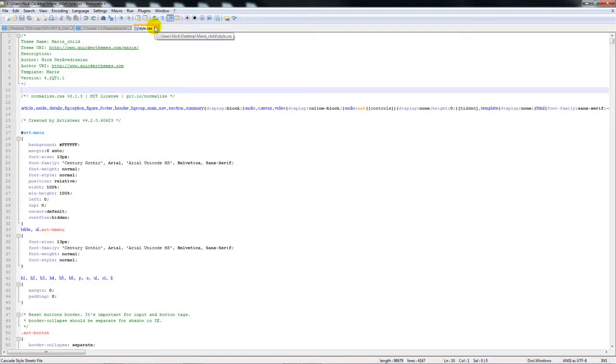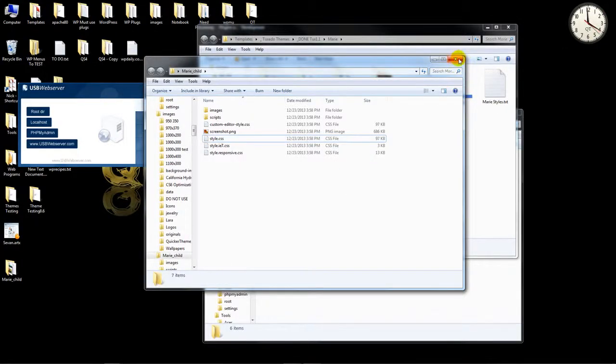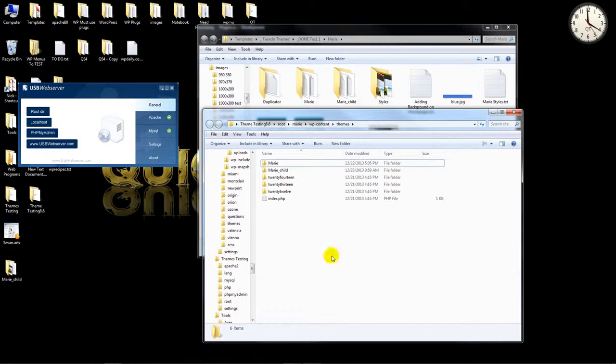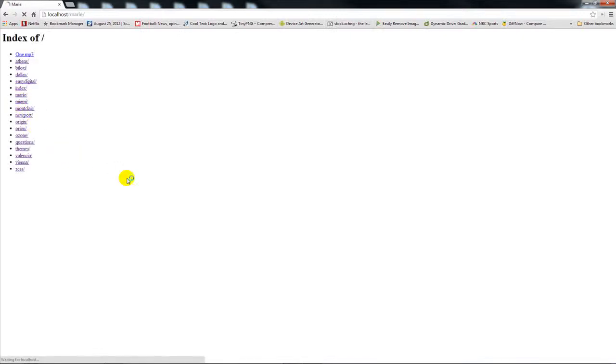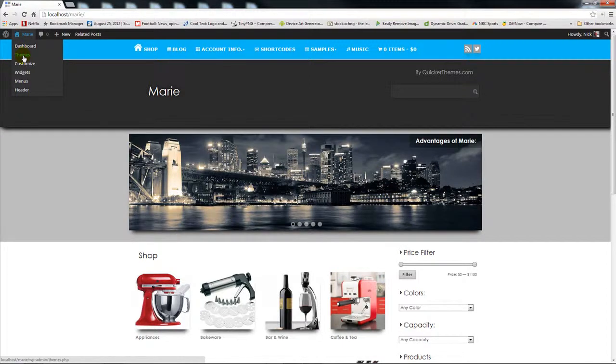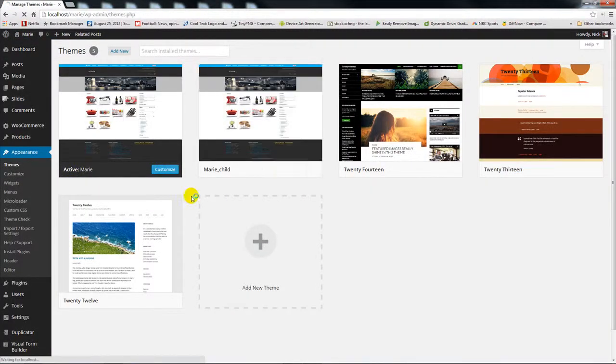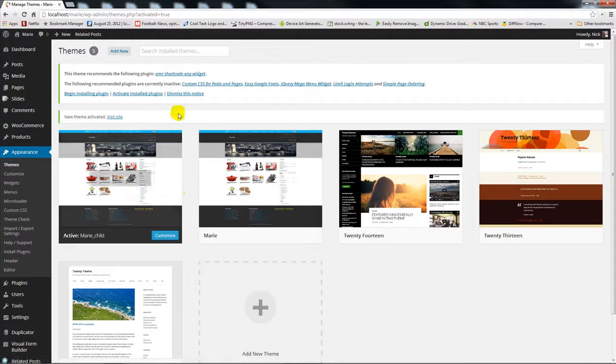Okay. Now, in the main site, a child theme is loaded up just like a regular theme. So it's going to show up in the themes. And let's go and activate the child theme right now. So I activated it,